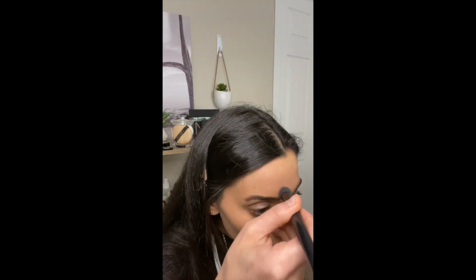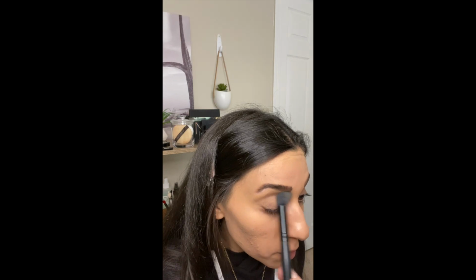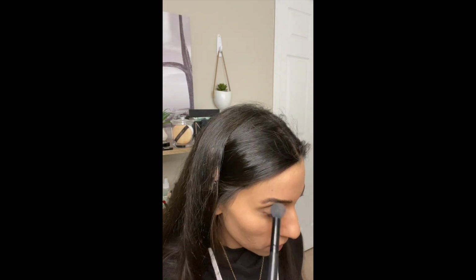And then I'll take a fluffy brush, just to make sure that this is actually a super important step. Always make sure you finish your cleanup with a fluffy brush to make sure that there's no harsh lines of anything. Never want any